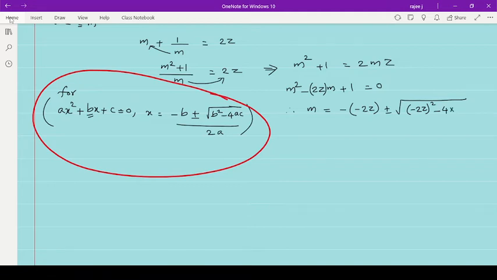A is the coefficient of x square. So here, the coefficient of m square, the coefficient of m is 1. So 4 into 1 into c, c is 1